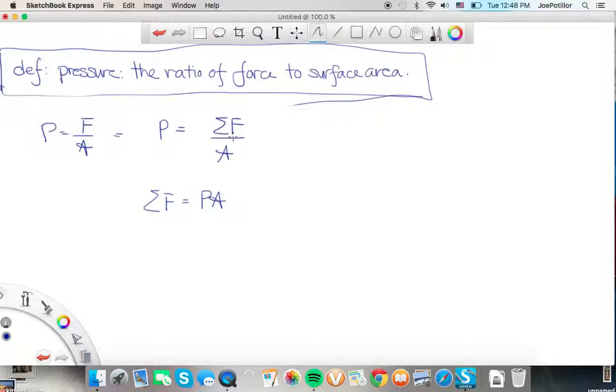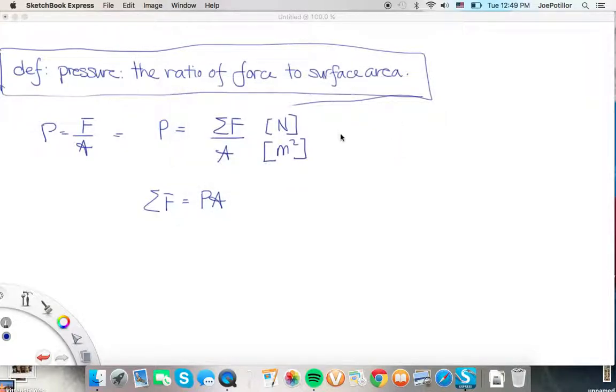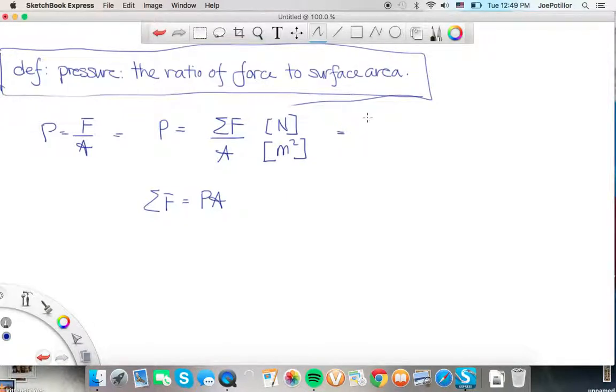Now, that we've done this, we can talk about the units of pressure. Of course, we recall force is measured in newtons, and of course, area is measured in meters squared. And just like the stress quantity is measured in pascals, pressure is also measured in pascals, which is the ratio of Newton per meter